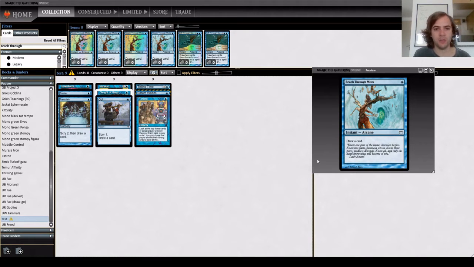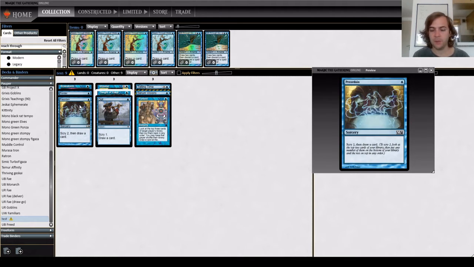Then attached to a cantrip you can have multiple things. The most common, and the one that we are going to be looking at in this video, are cantrips that also filter your library in some way or another. So they have additional value. For example, a Divination, a draw 2 spell, you could consider it a cantrip because it replaces itself, but instead of filtering, Divination has card draw. So the spells that we are going to be looking at today are these three here: Preordain, Ponder,